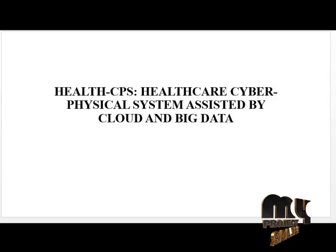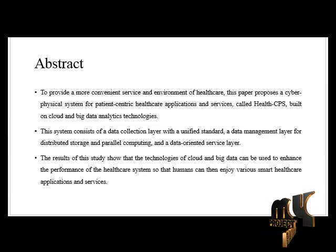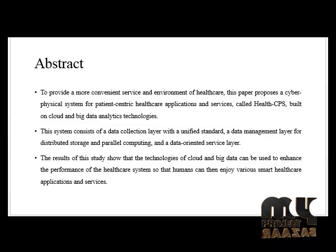Project title is Healthcare Cyber Physical System assisted by Cloud and Big Data. Our abstract: the advance of information technology has witnessed great progress on healthcare technologies in various domains nowadays. However, these new technologies have also made healthcare data not only much bigger but also much more difficult to handle